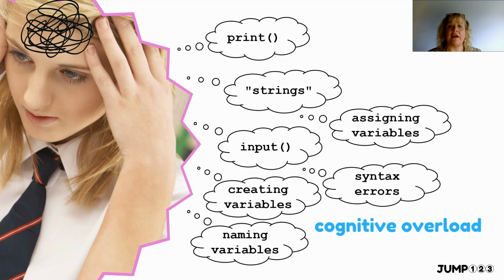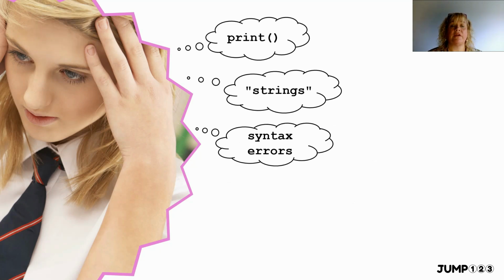And then I have the frustration of having to reteach it, because some people have got a vague idea, some people don't understand it. It's much better to make sure it's taught properly in the first place and that students really understand it. So instead of covering all of this in one lesson, now what I do is I simplify it. We only look at print, strings and syntax errors in those first lessons. We don't worry about input, we don't worry about variables. Print, strings and syntax errors, make sure that they understand that and they know the nuances of it as well.